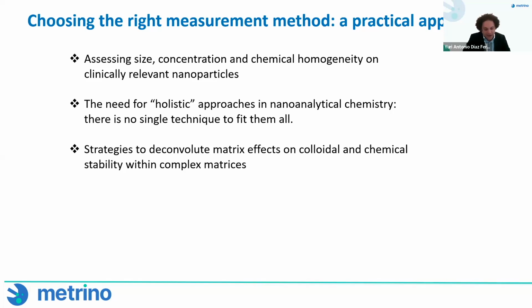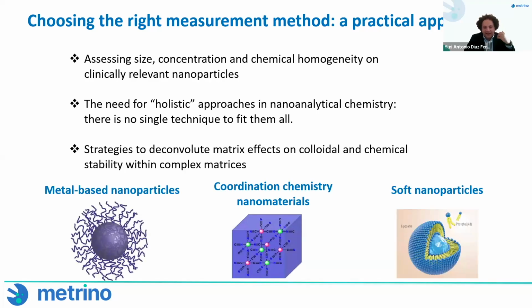Of course, as Christian was saying, if you are not still aware of this, you could hint that the need of several techniques to analyze complex systems and nanomedicines depends also on the nature of the sample, not only on the measurand that each of the techniques is measuring, but different types of materials will require different sample preparation procedures and different techniques to assess specific measurements. And in addition to that, we will also discuss some ideas of how to deal with the matrix interferences